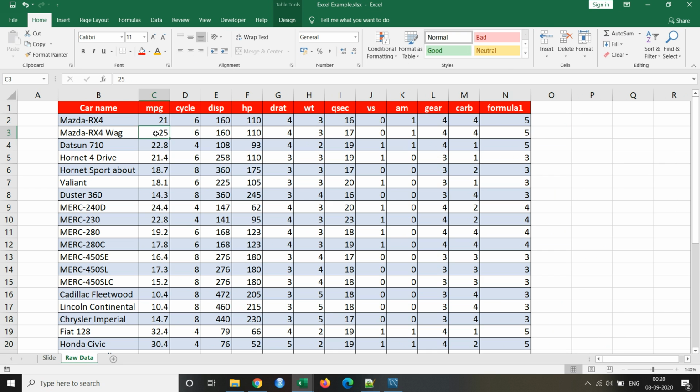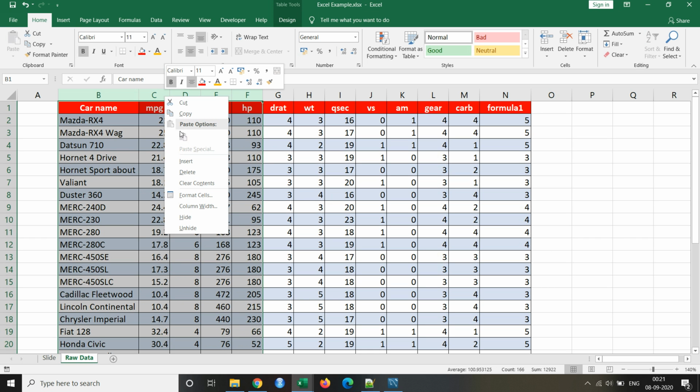Now suppose you need to insert multiple columns. So we are talking about columns first, apologies for that. So we need to insert multiple columns here. How can we do this? It's a similar way. If you need to insert 5 columns at the same time, you need to select these 5 columns first. Okay, and guess what will happen if I right click and then click on insert.